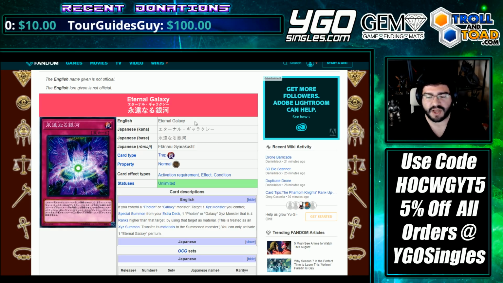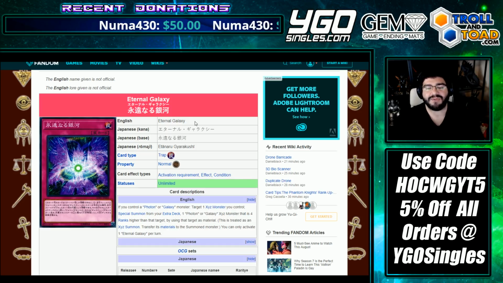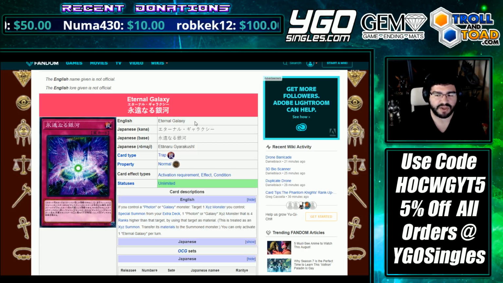If you control a Photon or Galaxy monster, target an Xyz monster you control, and special summon from your extra deck a Photon or Galaxy Xyz monster that is 4 ranks higher than the target by using that target as material. This is treated as an Xyz summon, transfer the materials. You can only activate this once per turn. So basically, this allows you to Xyz on your opponent's turn and do something relatively giant from something small that you might have been using to